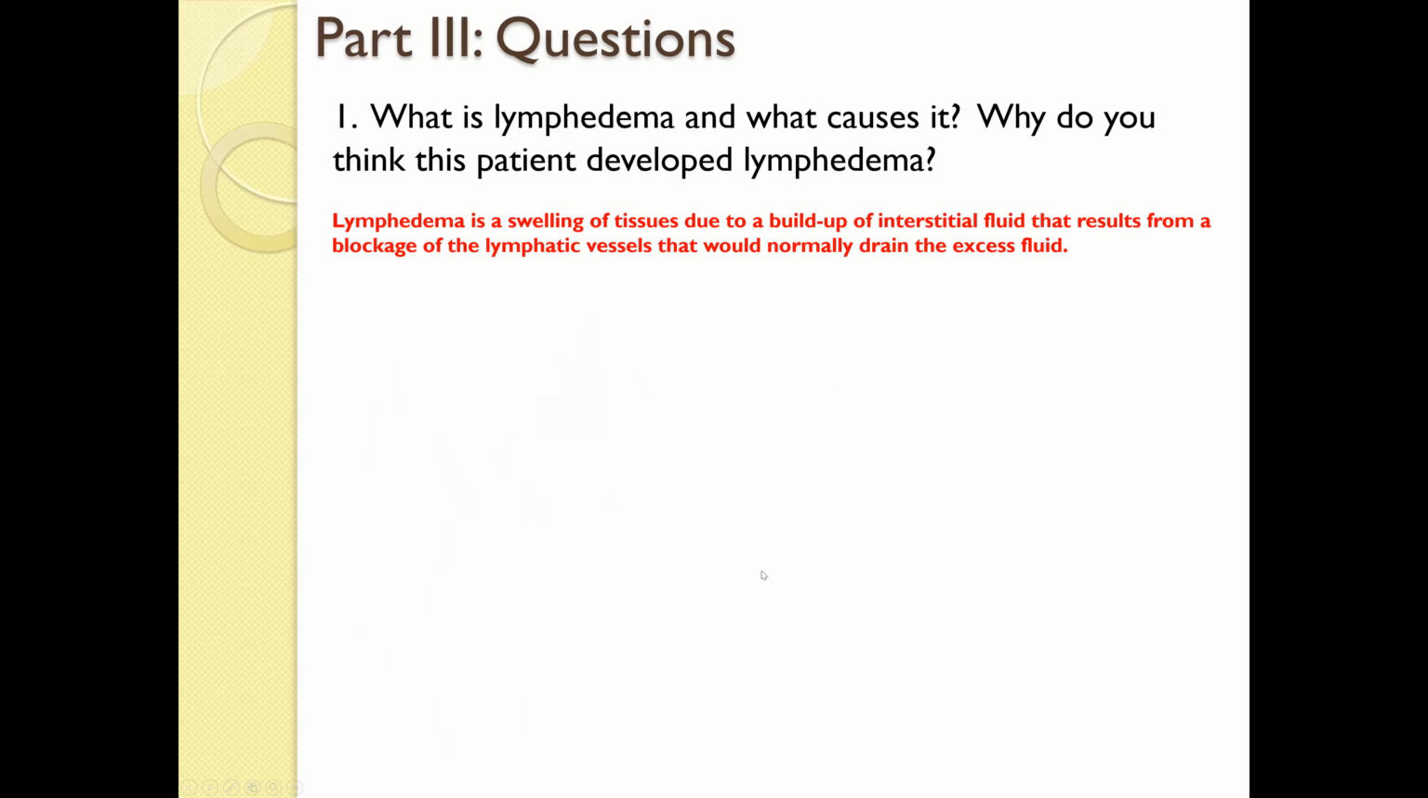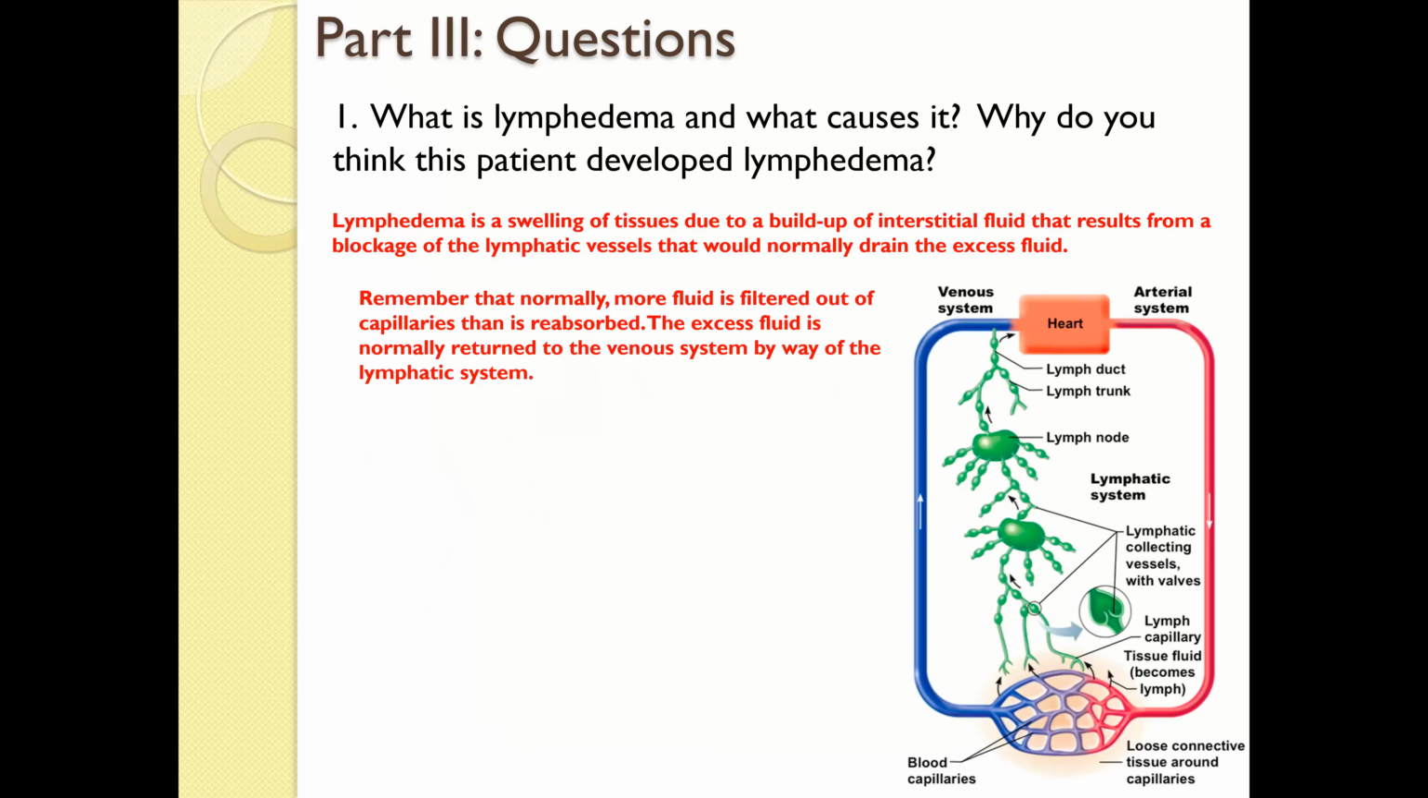So lymphedema is a swelling of tissues due to a buildup of interstitial fluid that results from a blockage of the lymphatic vessels that would normally drain the excess fluid. So if you remember from chapter 21, more fluid is filtered out of the blood capillaries than is reabsorbed, and the extra fluid is returned to the venous system by way of the lymphatic system. So it is picked up by lymph capillaries. It travels through lymphatic vessels that have valves in them. It'll pass through lymph nodes. It will eventually make its way to a lymphatic trunk, then to a lymphatic duct, and then back into the